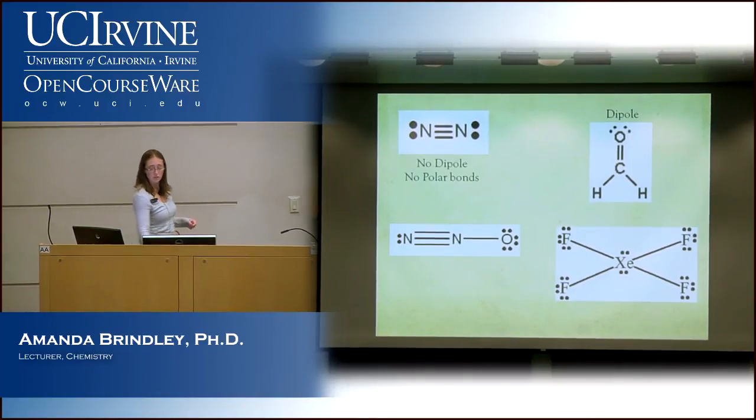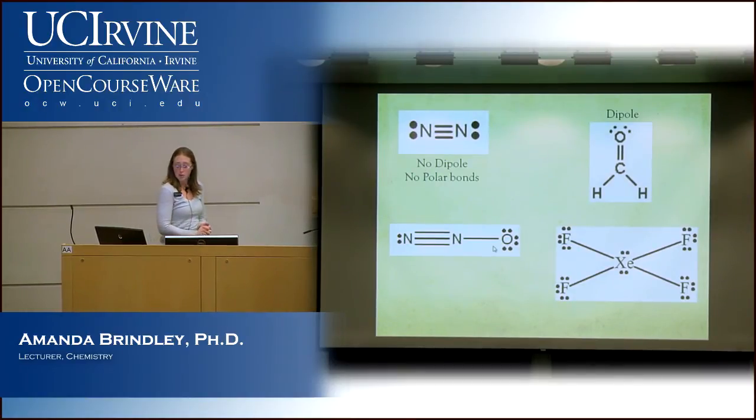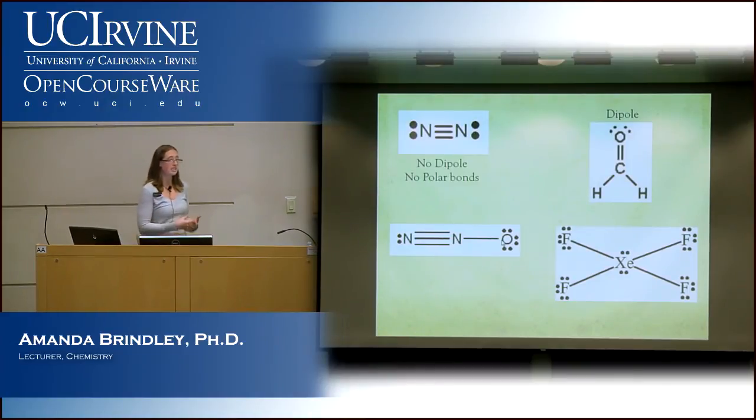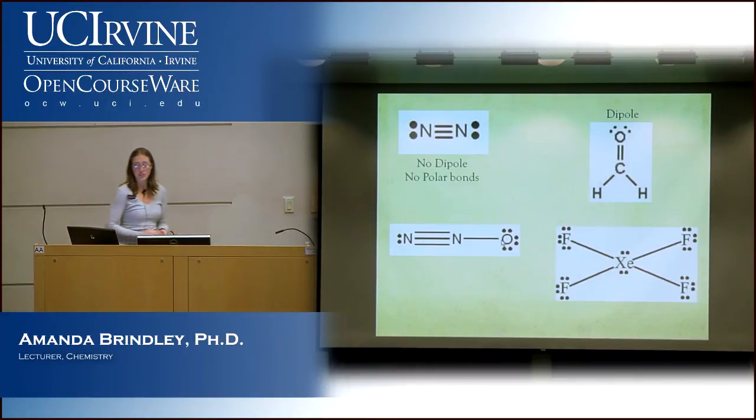Now, what do we think about this one? NNO. That was our big resonance structure one, the one we drew out with 3 different structures and determined the best one. So first of all, do we have any polar bonds? Yeah, which one? The N to O, right? Sure, they're next to each other, but they still have a difference in electronegativity. And so it's going to have a dipole. Which direction? Toward what atom then? Okay, well, double spoiler on that one.